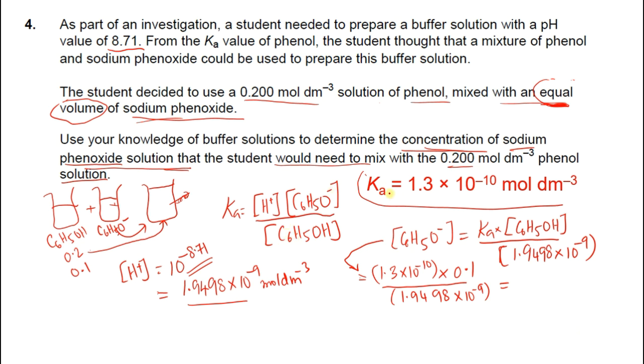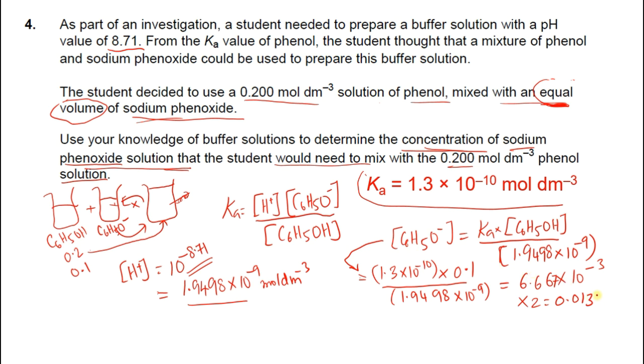Okay, just working out the phenoxide concentration in the mixture, that gives us 6.67 times 10 power minus 3. Now this is the concentration in the mixture, so the original concentration should be twice as much, because we are using equal volumes of both these solutions, right? So you need to multiply that by 2. That gives us this value,